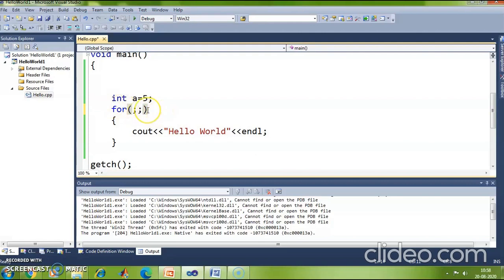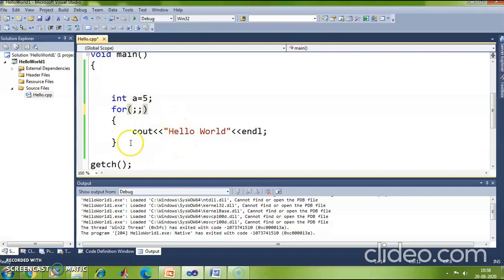What happens then? In such a case, your loop will always go into an infinite loop. This loop will never terminate. So always remember that you should not mention this type of condition. In this scenario, it is always in an infinite loop.